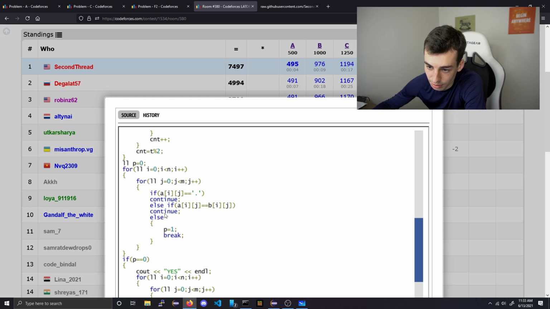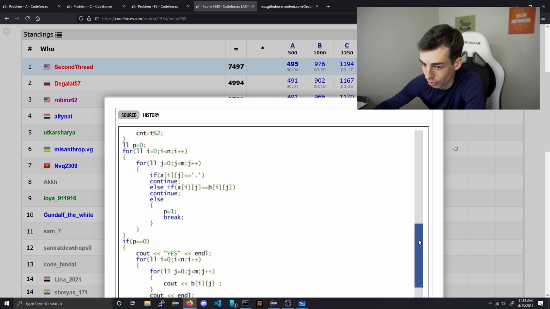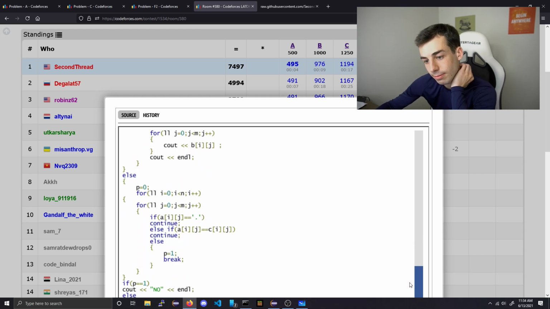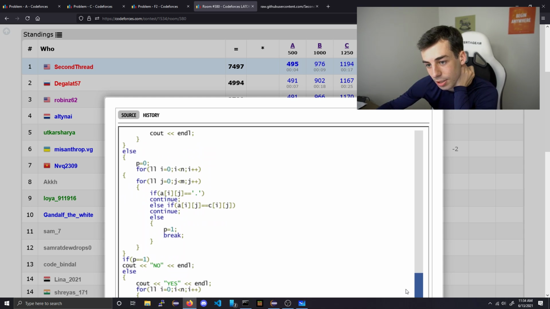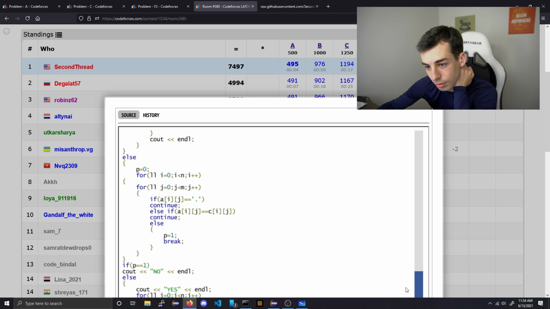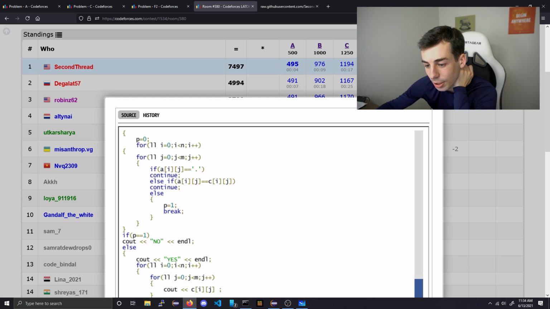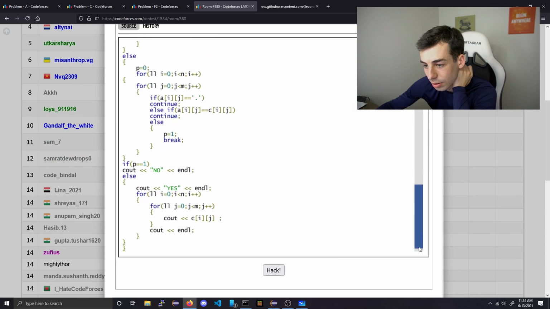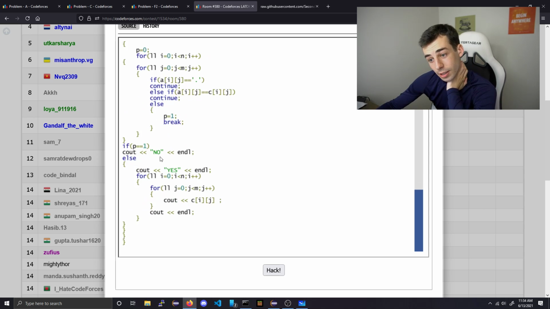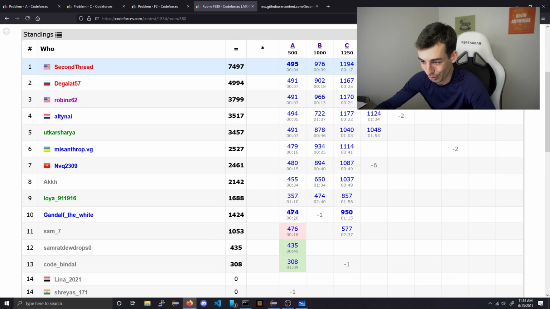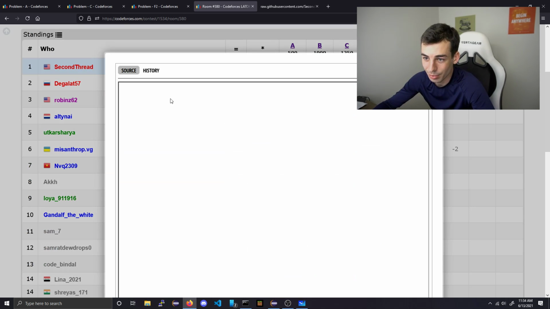If it equals this, continue, otherwise P equals 1. Okay, so if P equals 0, print B. Otherwise P equals 0. Oh my goodness. If P equals 1, do this stuff. No. Bro, I don't know. Tourist, man, I don't know how you managed to hack these people, but